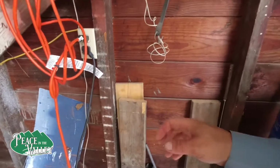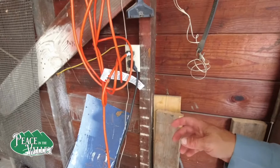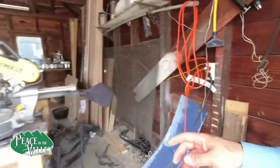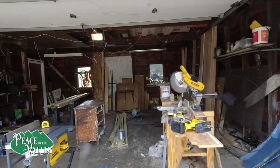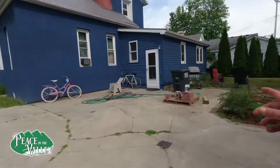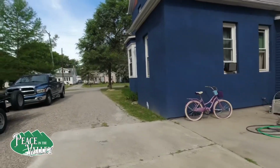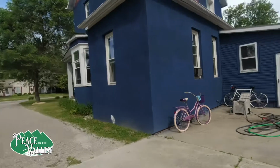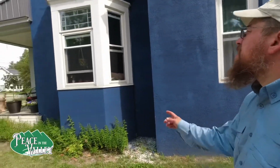Trying to shoot nails in, trying to drill through it, it's pretty easy to break your bits or your nails going into that old hardwood, the native lumber. The house here, except for the add-on, was, by our best guess, built in 1884. And the reason we believe that it was built in 1884 is because when we had the windows replaced,